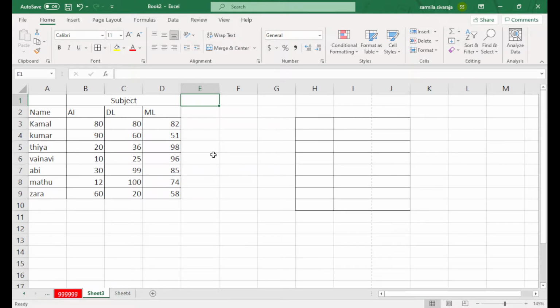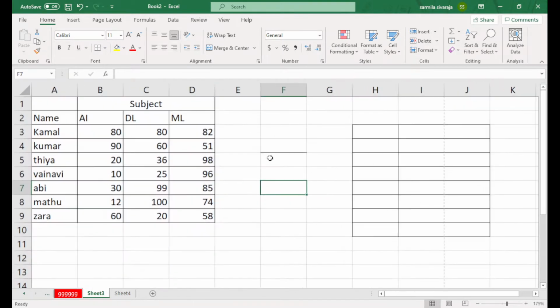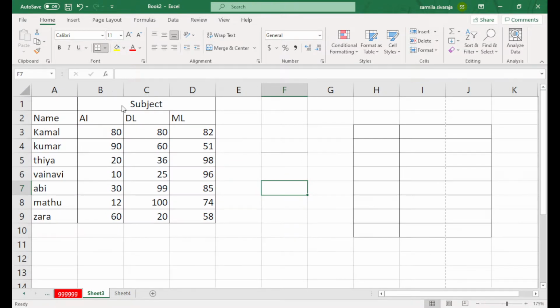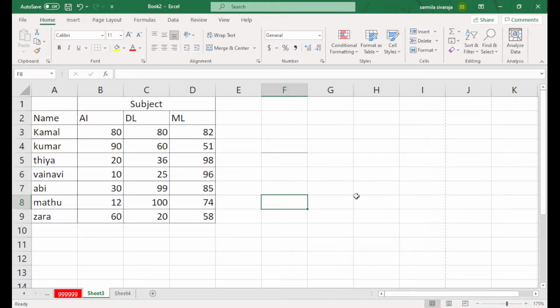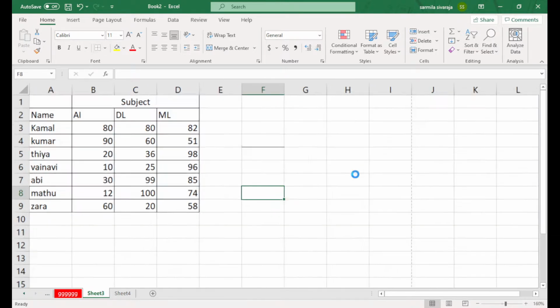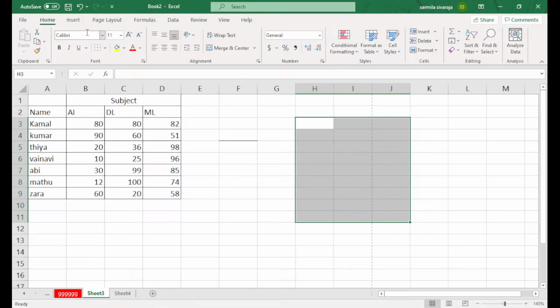If you need them in your printout, you need to add your borders. Based on this, you can add some features. If you need a bottom border, you can set only a bottom border. Or if you need a top border, you can set a top border. Or if you need no border, you can select everything and choose No Border, and it's going to be without a border. Outside border means I choose this particular area and choose Outside Border. It shows only the outside border here.